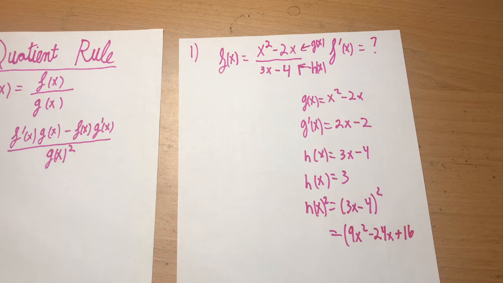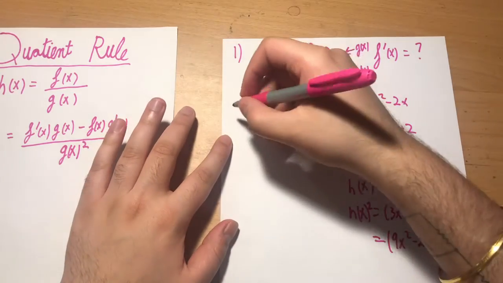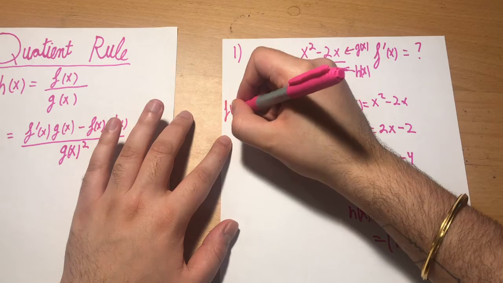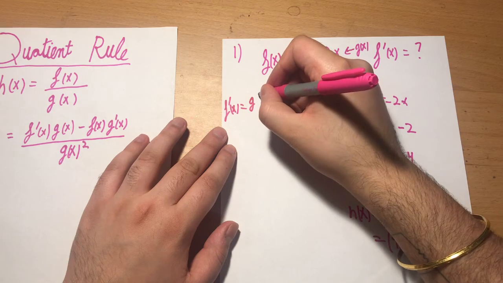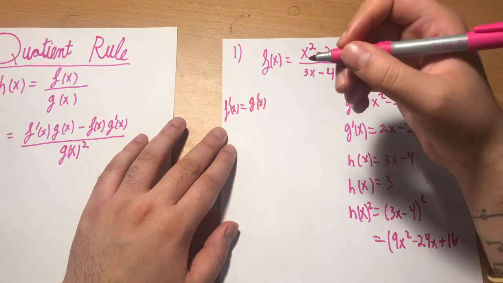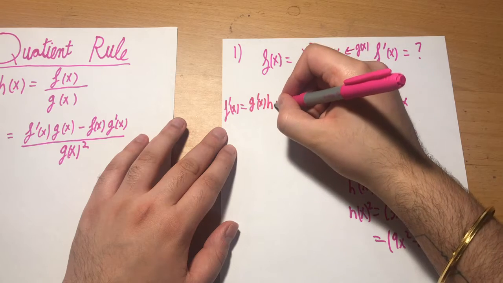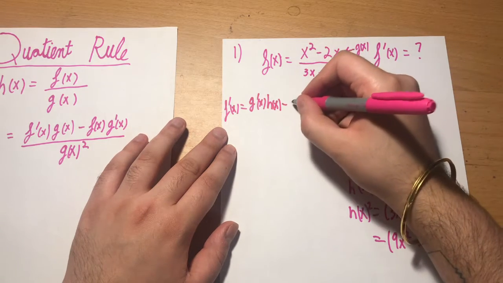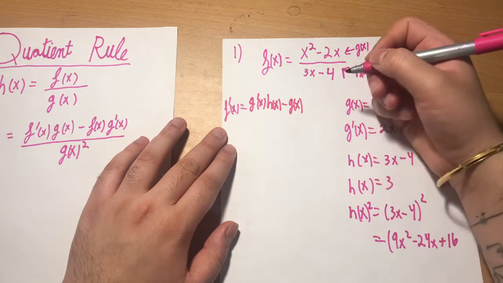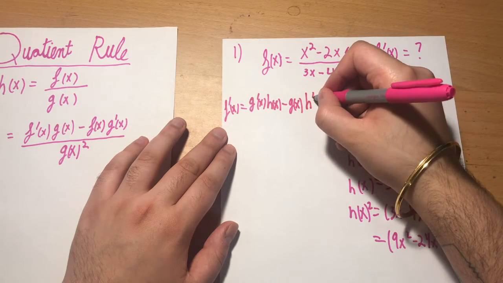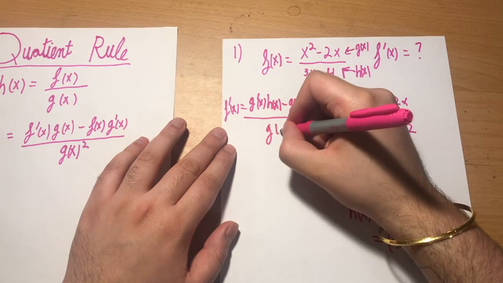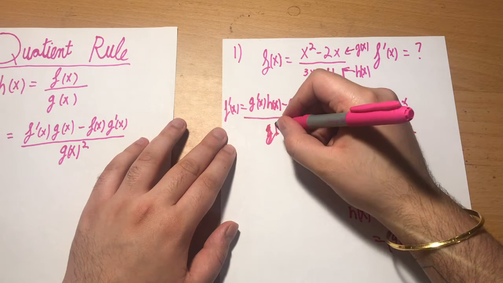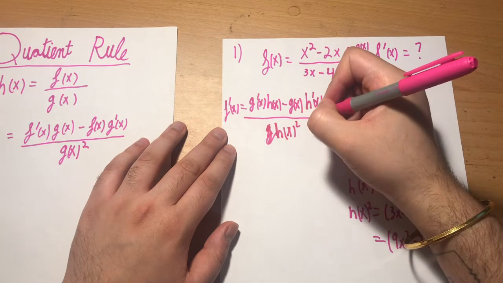All right, now we have all the components we need to do the quotient rule. So our quotient rule says that f prime of x should equal the derivative of the numerator, so g prime of x, multiplied by the original denominator, h of x, minus the original numerator, g of x, multiplied by the derivative of the denominator. And that's all going to be over